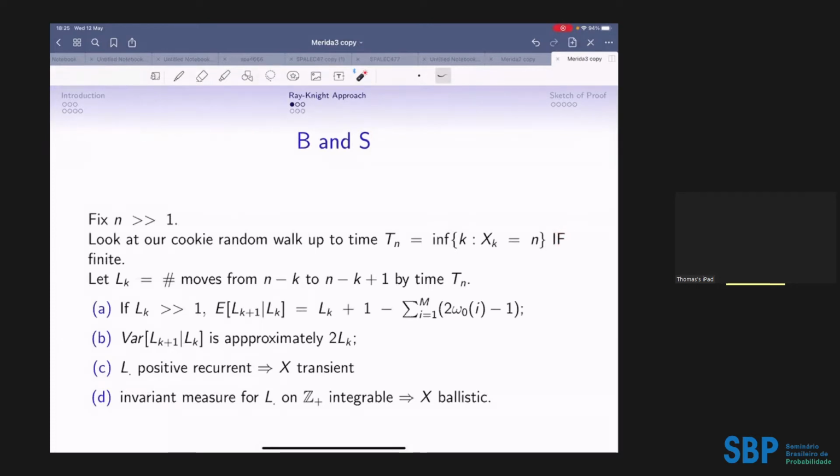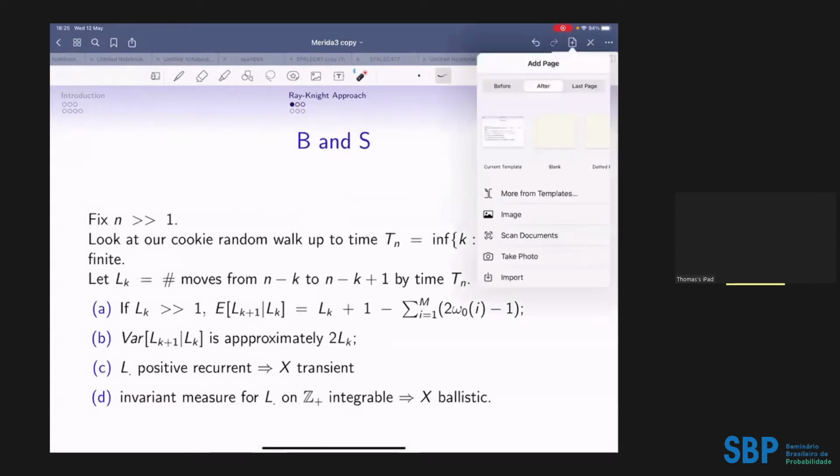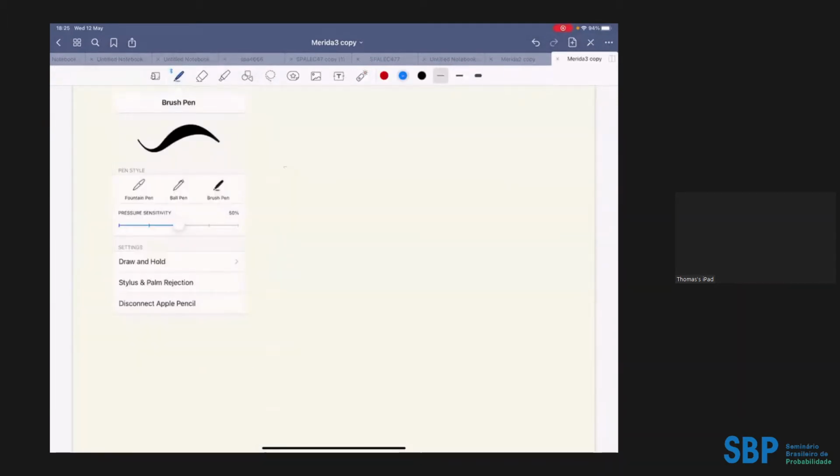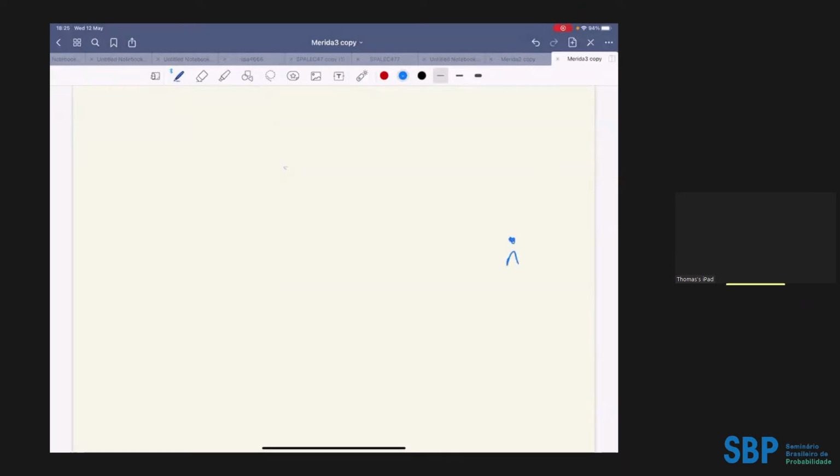But then you could say to yourself, well, and here, let me just do a little bit of sketching. If you get to n at this time, and now you look at the number of moves from n minus k to n minus k plus 1, I think it was, yes. You look at this number of moves. So obviously, if k is 1, the number of moves is 1, because you hit this for the first time. But if you look at this number of moves, the basic Ray-Knight argument was to say, what's been happening at this